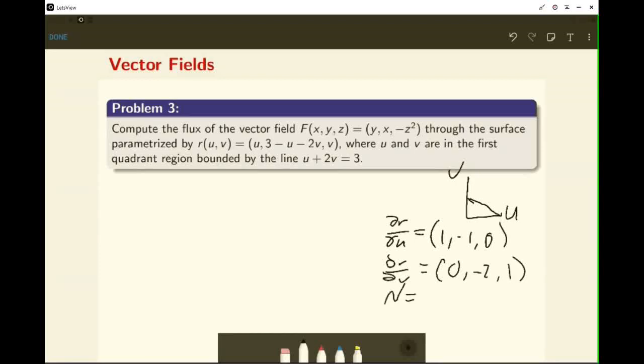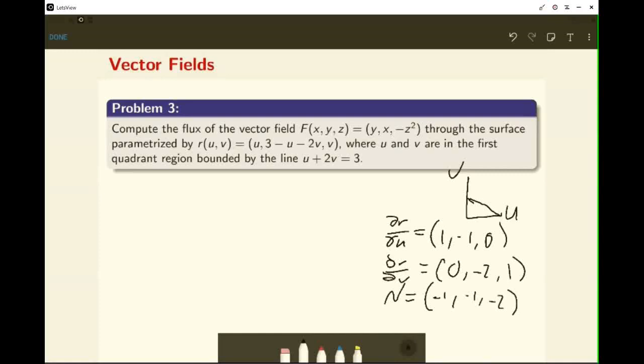If we take the cross product of those two, what we wind up with is this vector minus 1, minus 1, minus 2,